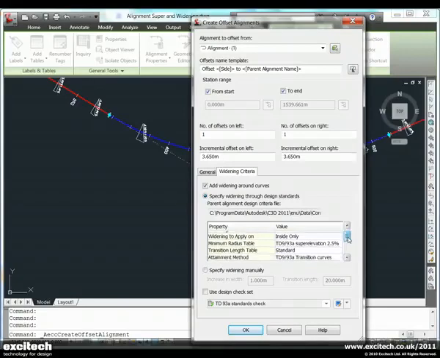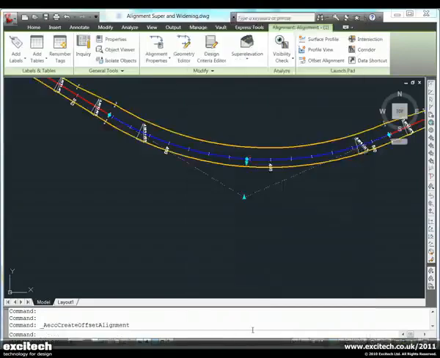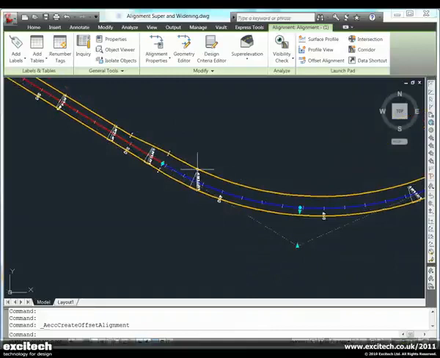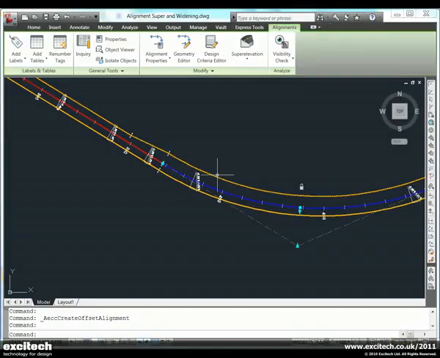We can use a design standards file to control the widening, or we can specify the widening manually by actually typing in our widening criteria. In this case I'm going to do it manually just so it's more easily visible on the screen. We can see now that the left side of the curve has been widened. You'll see a transition chainage area,